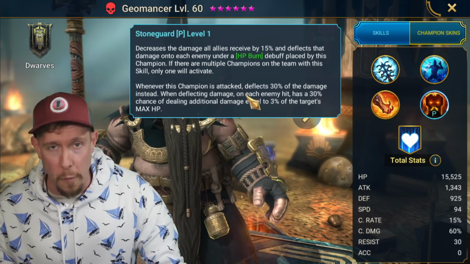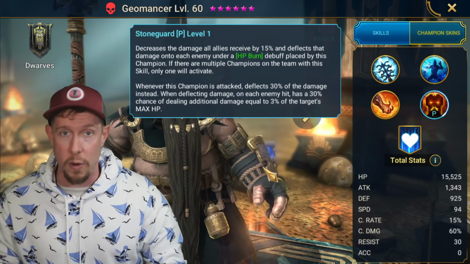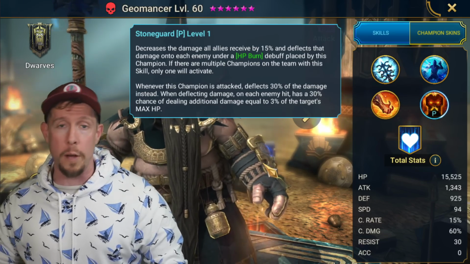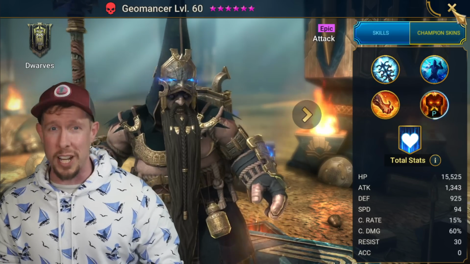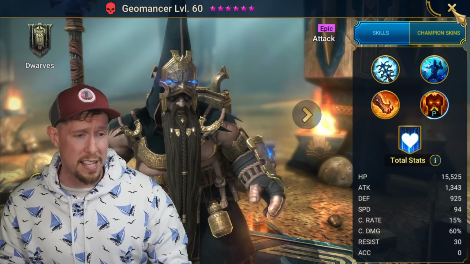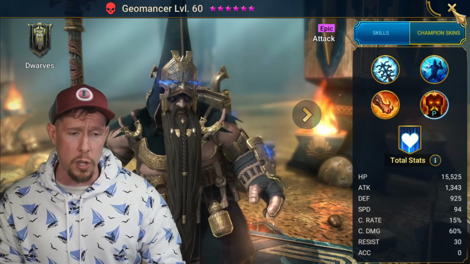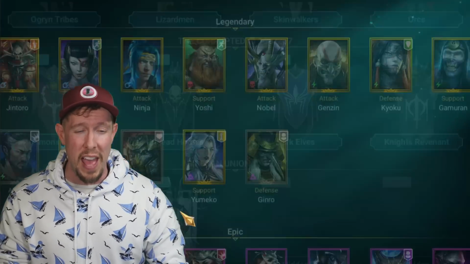And some of the most powerful passives in the game are ones like these that just mitigate all damage straight up that allies receive either from AoE attacks or any attacks. Think champions like Duchess. Very, very good passive abilities. All right, let's go to number 3, and it's going to be none other than...